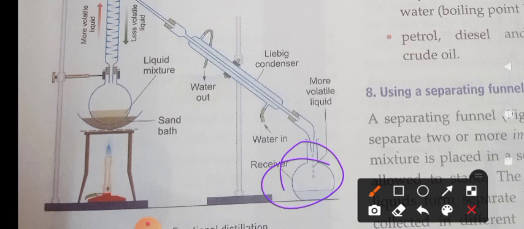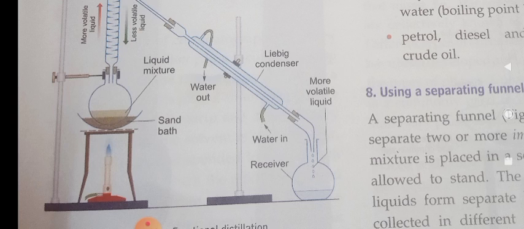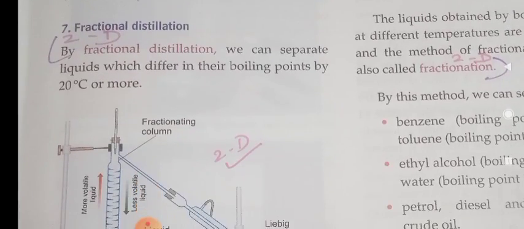See, every liquid has a different boiling point, isn't it? For example, water has one boiling point and oil has a different boiling point, right? So when the temperature reaches the boiling point of the liquid, it will evaporate. During evaporation, those vapors are collected, condensed, and the liquid is obtained back. So this is the simple idea behind this fractional distillation method.